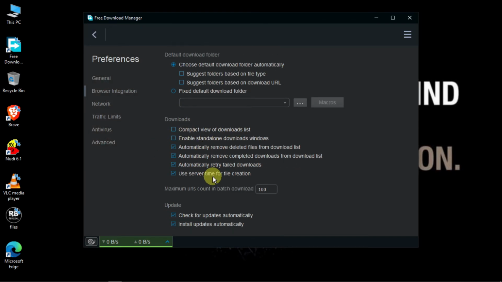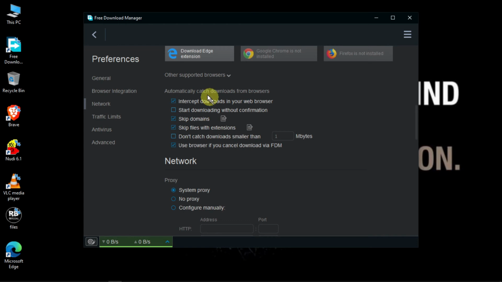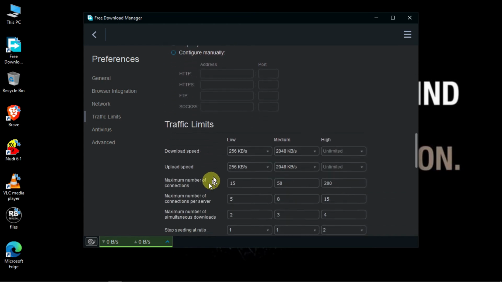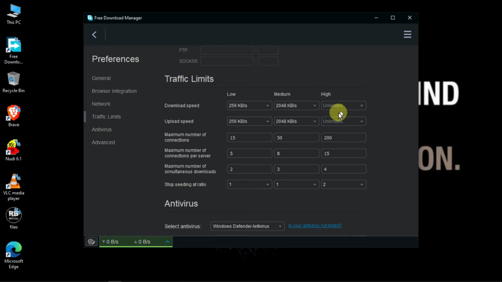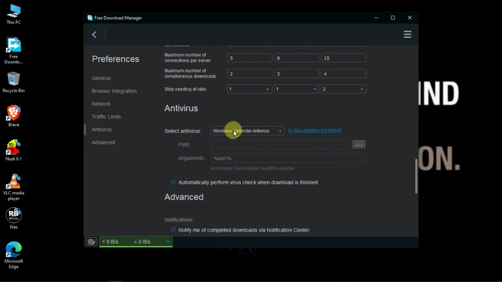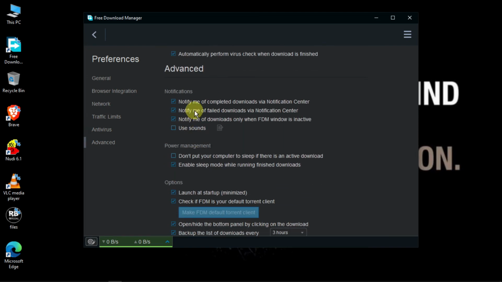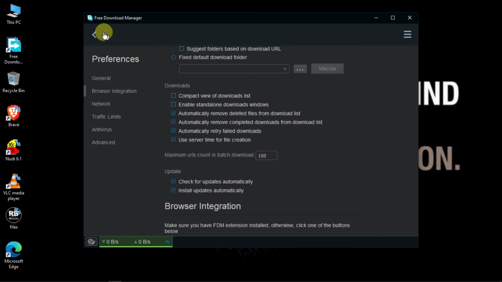Scroll down. You can try all these stuff for yourself according to your requirements. And down, you can see traffic limits. Here, you can set the maximum speed limit for the download according to your requirements. And down again, you can select antivirus to scan all the files you download using this download manager. After making all the settings, you can jump back to main screen by clicking on the arrow at top left